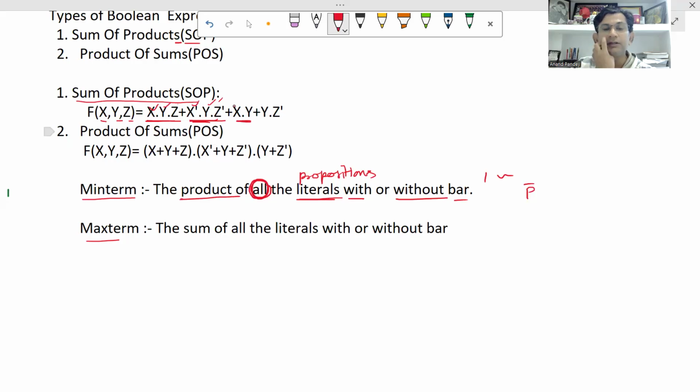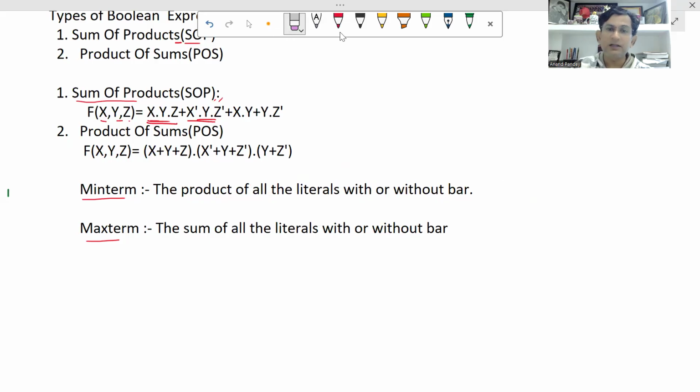This is not a min term. You can see z is missing here; a min term is the product of all the literals. It's a term, but it's not a min term. Here also x is missing, so it is also not a min term. So in this SOP expression, only two min terms are there: this and this. So a min term is the product of all the literals, all the propositions, with or without bar. Bar or dash, both are the same. I hope the min term is clear, and remember that min terms are used in SOP. Now the second is